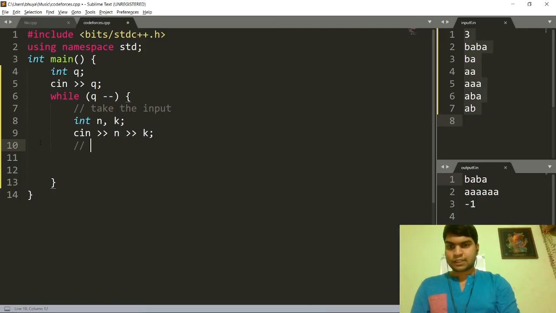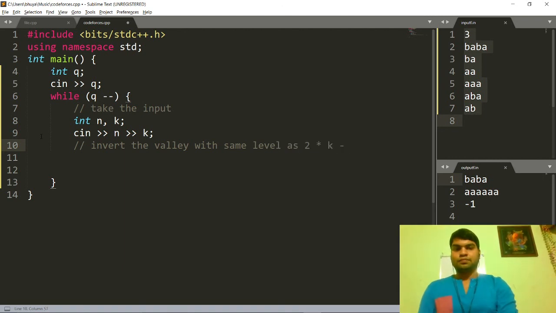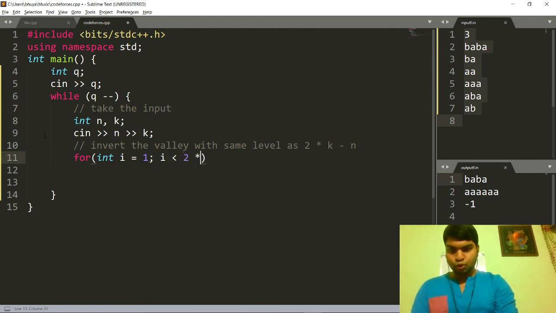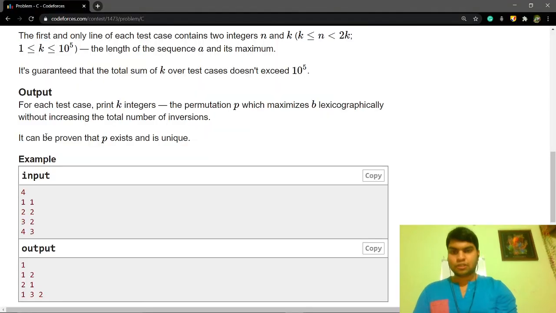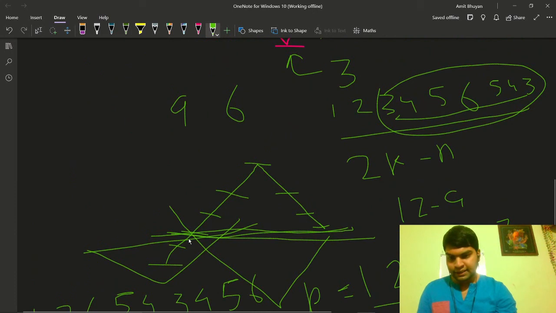We have to invert the value with the same level as 2k minus n. So for int i equal to 1, i less than 2k minus n. Here we are initially taking these elements as same.